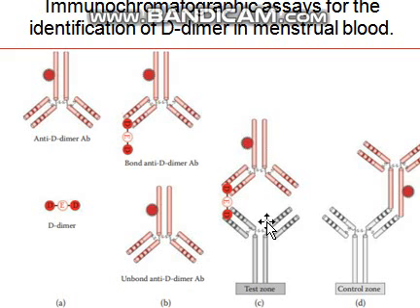So this zone shows the presence or absence of D dimer, whereas this part of the test shows whether the kit is working properly or not. So here is the principle that I have just described to you. I hope the concept of this test is clear to you all.